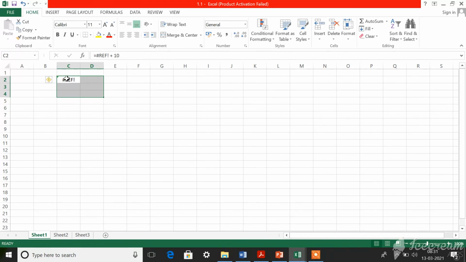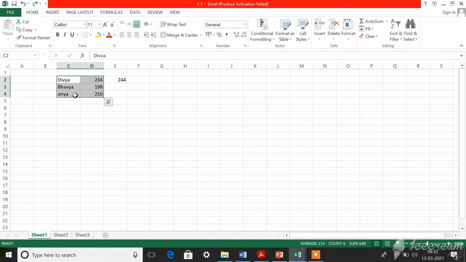Now you can see there is an error here because you used a formula in here, isn't it? That content is deleted, therefore it is showing an error here. If the content is deleted, then it will show an error. Now if you want to bring the data back, then you have this redo option, undo option. Click on that. When you click on the undo option, the previous data will appear in the cell.